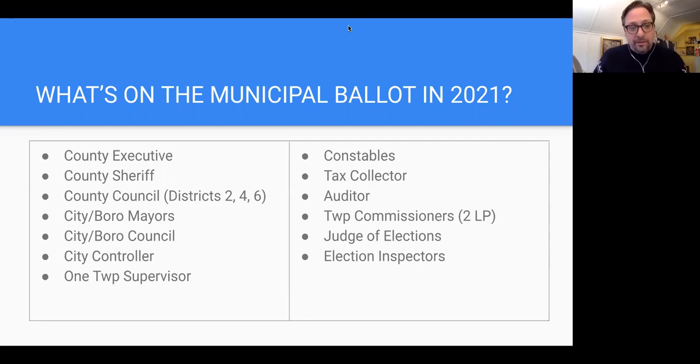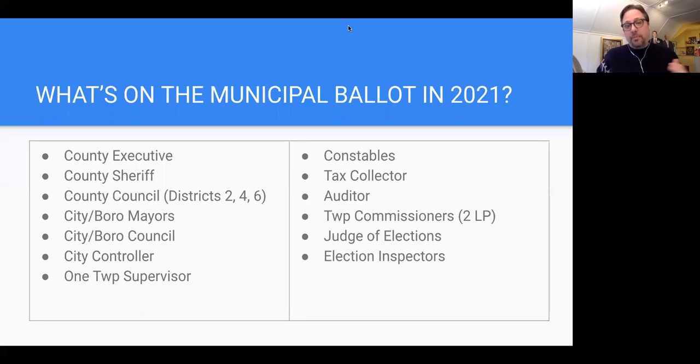We'll also be electing this year members of Erie City Council, Corey City Council, 4 members on Erie City Council, 2 members on Corey City Council. Those are our 2 third-class cities here in Erie County. And then we'll be electing members to borough councils throughout Erie County as well, where we have boroughs.